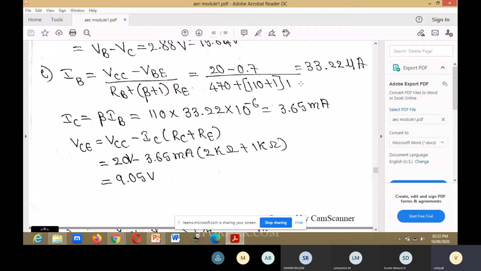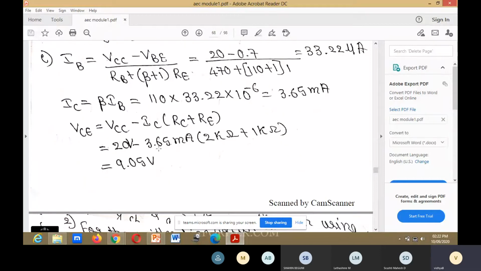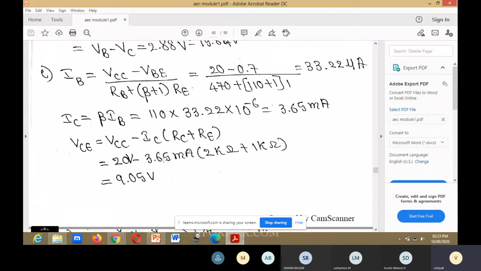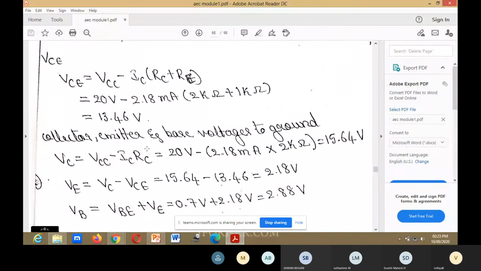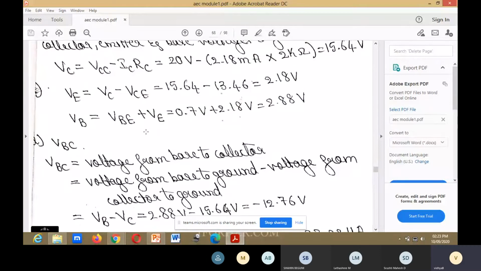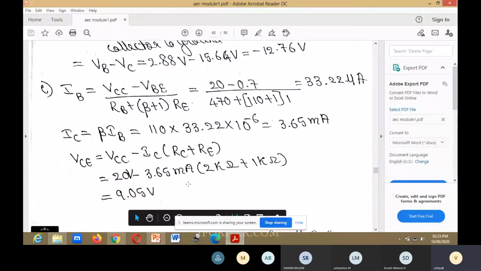Here also RE value is 1 into 10 to the power of 3. Then only you will get this value. VCE is equal to VCC minus IC open bracket RC plus RE close bracket. VCC 20 volt minus IC value is this one, RC 2 kilo ohm, RE 1 kilo ohm. You'll get VCE is equal to 9.05 volt. When beta is equal to 60, you'll get VCE value is 13.46 voltage. When beta is equal to 110, you'll get